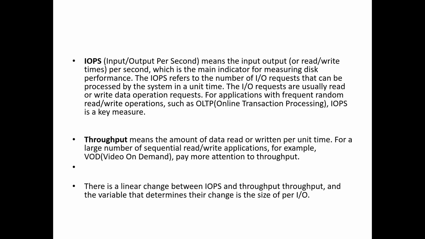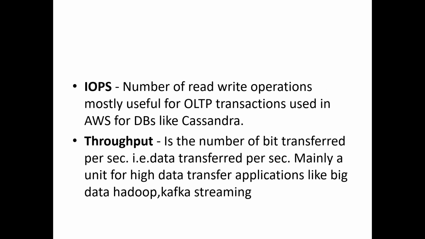And here we can see multiple definitions untai, so whatever easy for you to understand you can do that. Number of read and write operations mostly for online transaction processing, right? So for the databases where you will be using it. And throughput you can see is the number of bits transferred per second or the data transferred per second, right? So as you see for most of the kind of applications where you're having live streaming applications, right? So in those kind of environments I can come up and choose this particular type of throughput as a critical